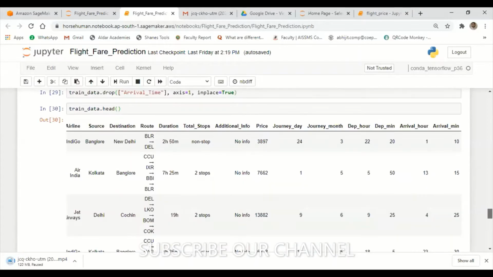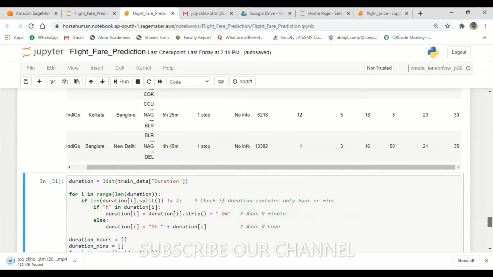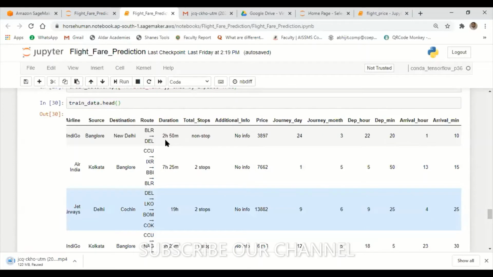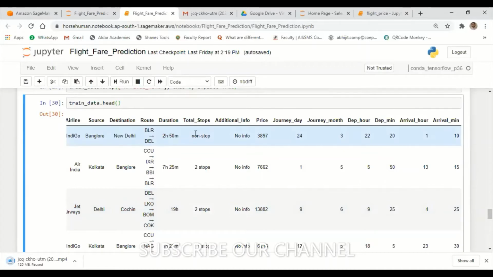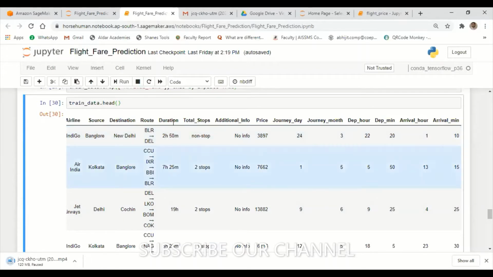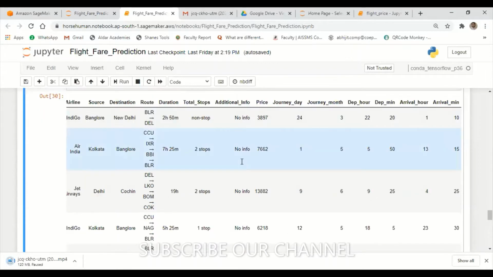In the same way, we need to do some feature engineering for the duration. Have a look at this duration in two formats. The size of this is 2, and you can check the size by using len and giving this value to get the exact length. One is in hours and one is in minutes.